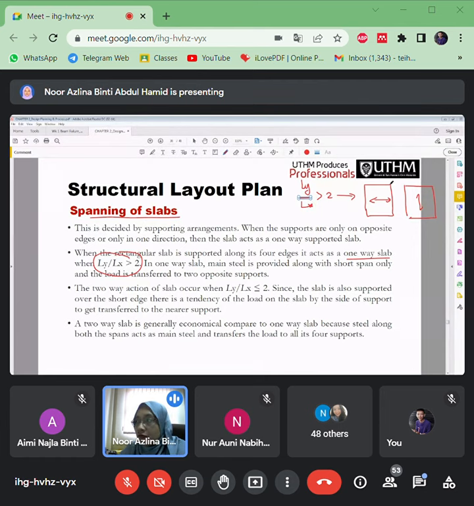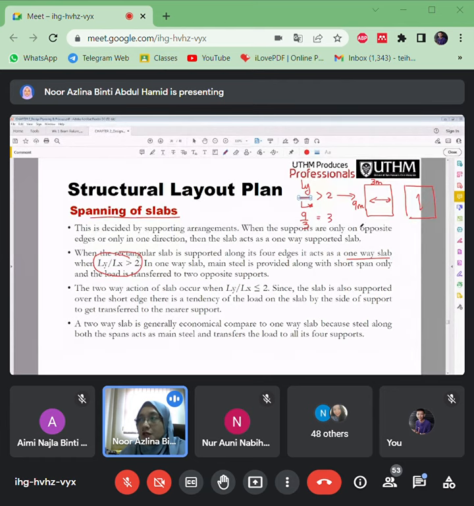So let's say for this one panel of slab, okay, let's say berapa ni? Ni katalah 9 meter. Ni 3 meter. So Ly is 9 meter, Lx is 3 meter. So Ly divided by Lx, that means 9 divided by 3. So dapat berapa? It's equal to 3, right?